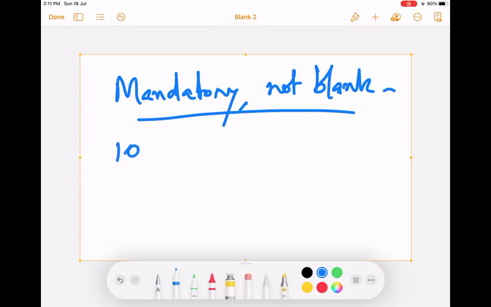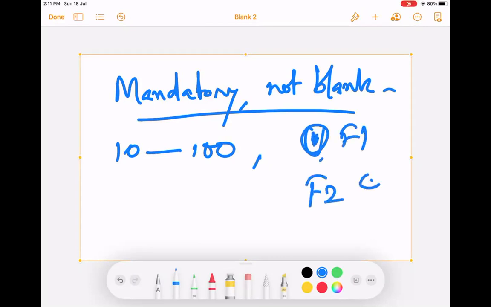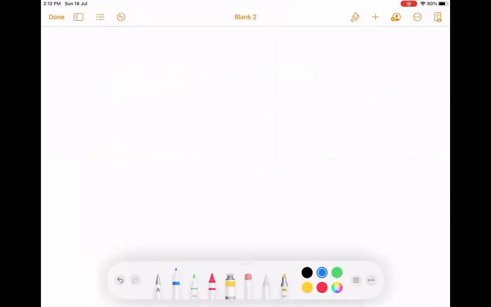You say only allow values from 10 to 100, not more than that. Or if field 1 has some value, then field 2 should have only these values, and anything else I will not accept. So these kinds of things, customized, business-specific logic, if you want to create, then you have to write a validation rule, right? So the customer will ask that I don't want users or customers who have